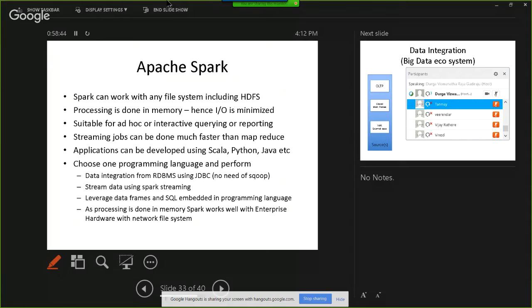Now Hortonworks is also pushing Spark quite aggressively. MapR is another major vendor of big data. They are also pushing Spark quite aggressively. Okay, and compared to Java, Scala and Python are functional programming languages. You can write minimal code to do a lot of stuff, with a lot of complexities hidden for you. There is an initial learning curve. It will take time to get expertise in these programming languages, but once you learn it, especially from the data processing perspective, they are much simpler than Java.